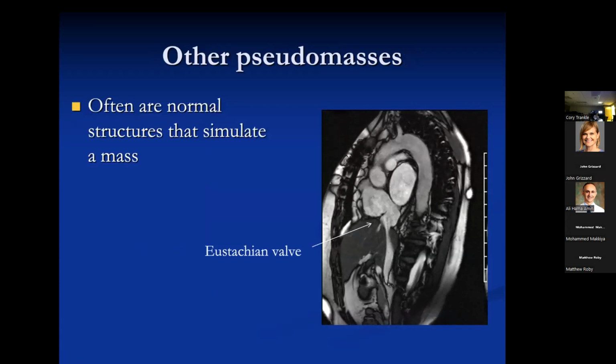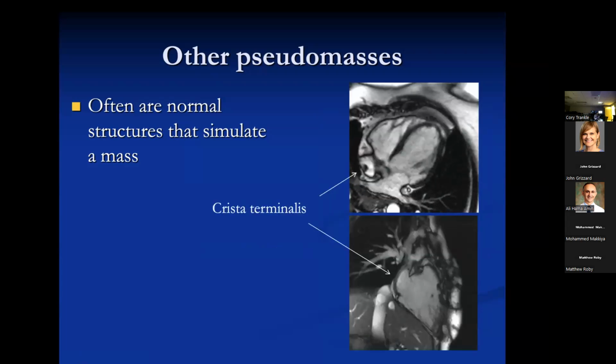So other pseudomasses are like the eustachian valve that we showed earlier, right? This is one of our questions. It's a little flap of tissue that is seen at the junction of the IVC and the right atrium. One way to think about it is that in fetal life, it served to direct flow across the fossa ovalis, the highly oxygenated blood coming up through the ductus venosus. You want to direct that into the left atrium, bypass the lungs and have it go straight up to the head. So that might be what the function of the eustachian valve is meant to be.